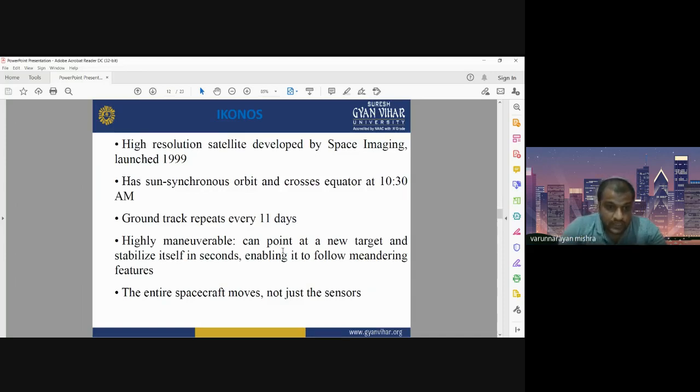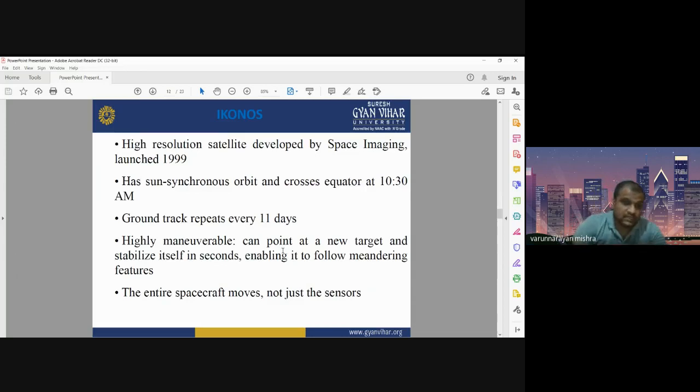Okay, and it can also be rotated, meaning its sensor or its rotating mirrors, whatever mechanism or system it has, enables it to follow meandering features. The entire spacecraft moves, not just the sensor. In some other satellites, the sensor moves at some angle, but here the sensor moves with the entire spacecraft.